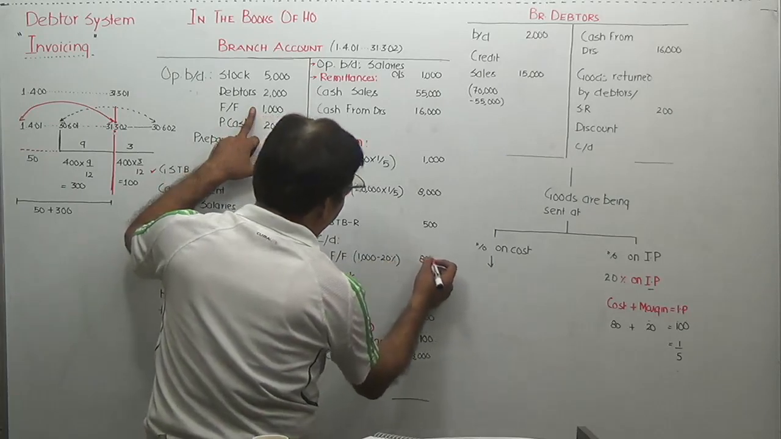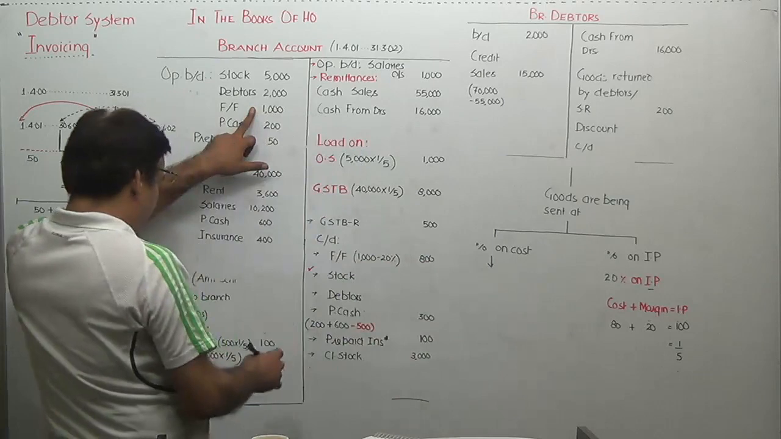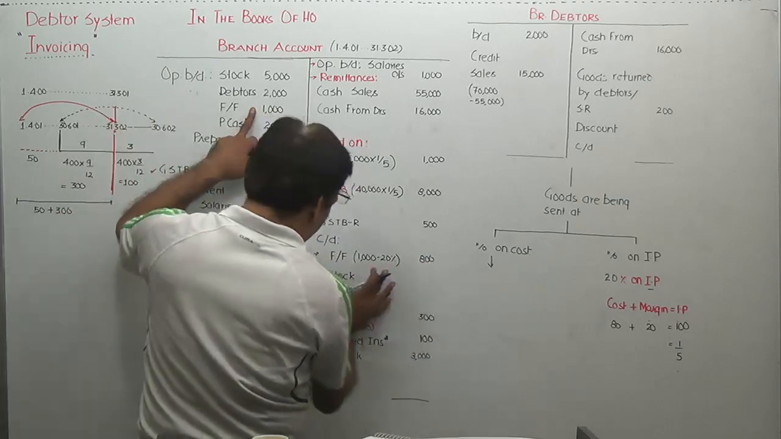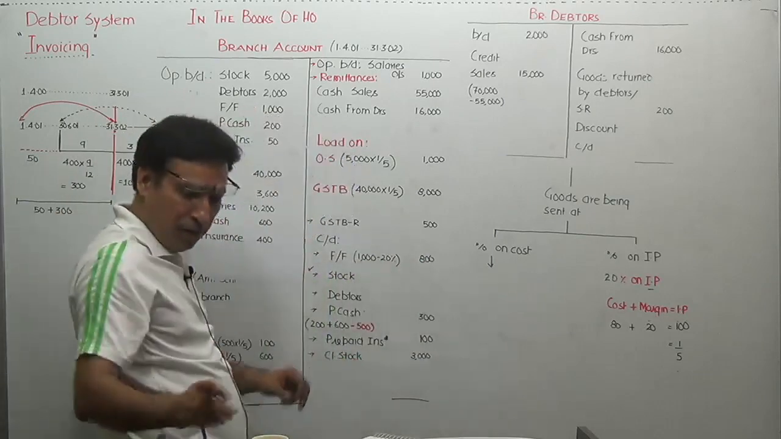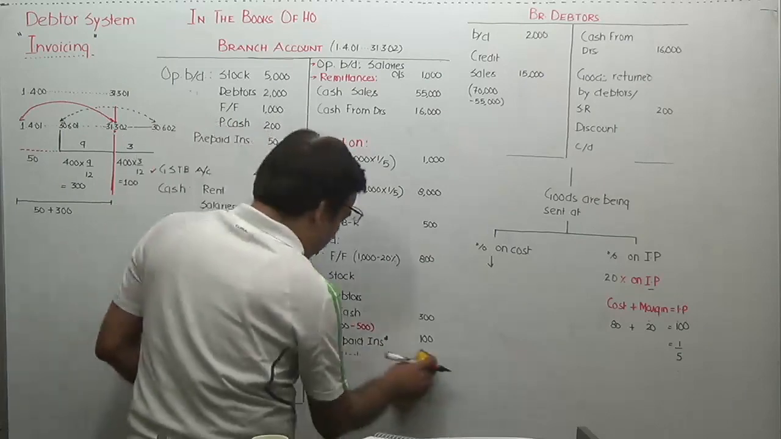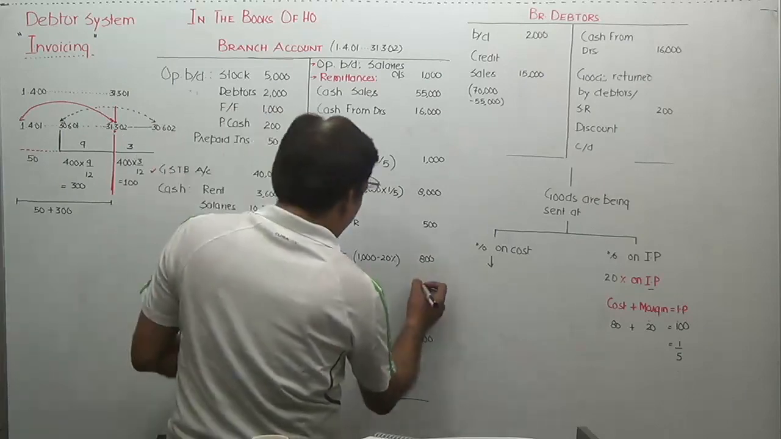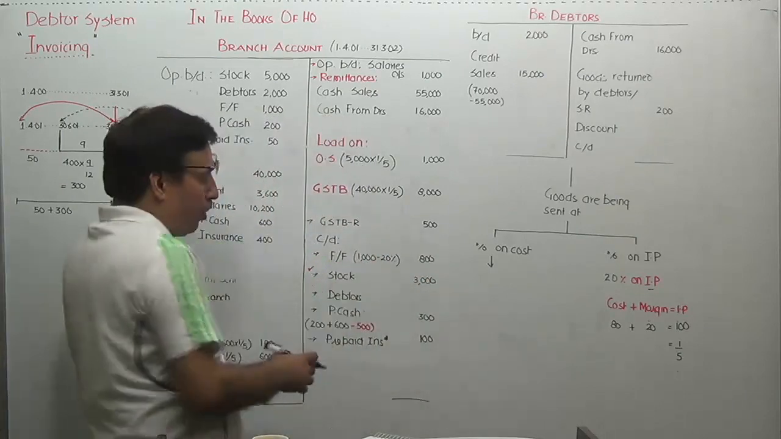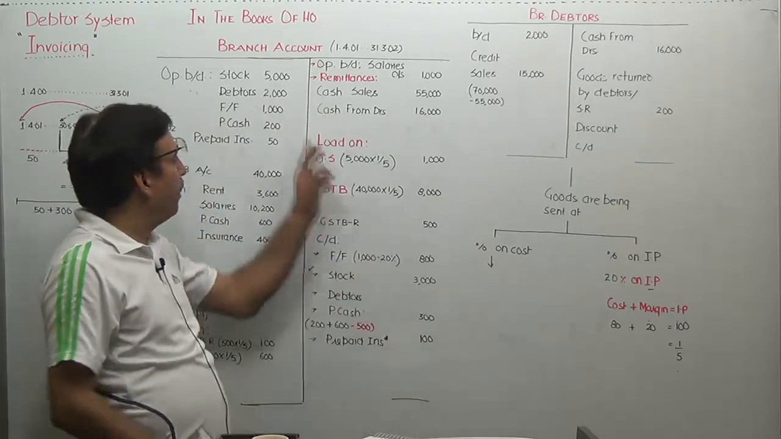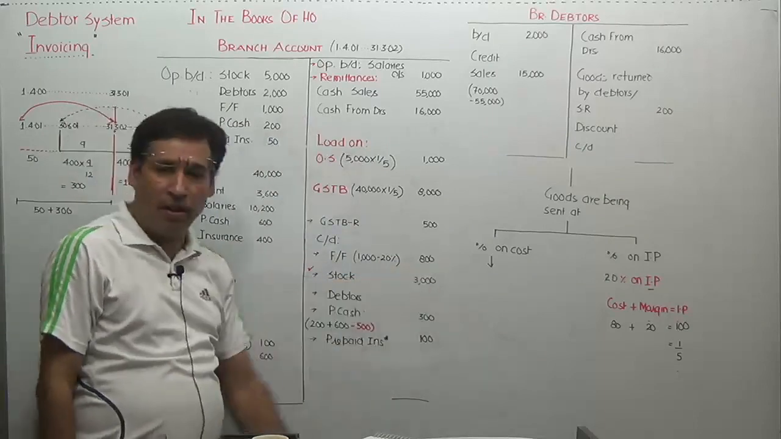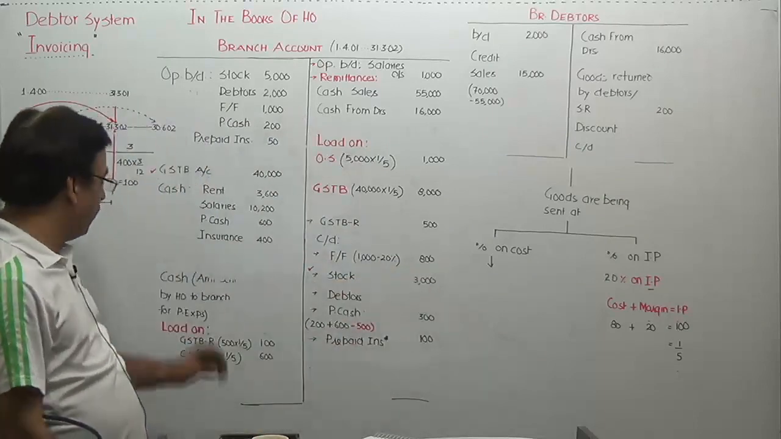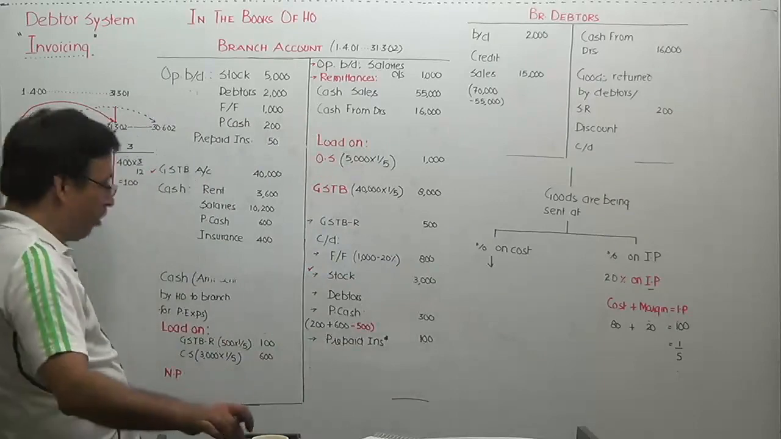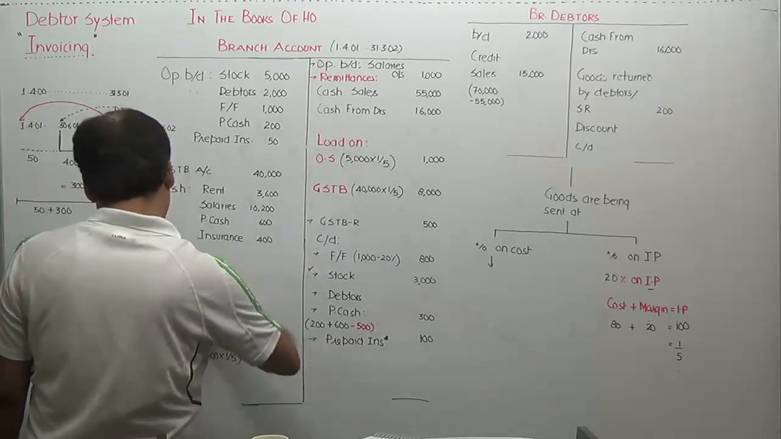800. Before that, actually, closing stock 3,000, I have written here. Just hold on for a while. Closing stock 3,000. So I was talking about furniture. When I'm writing 1,000 over here and 800 here, the difference is nothing but your depreciation. Correct? So in this question,